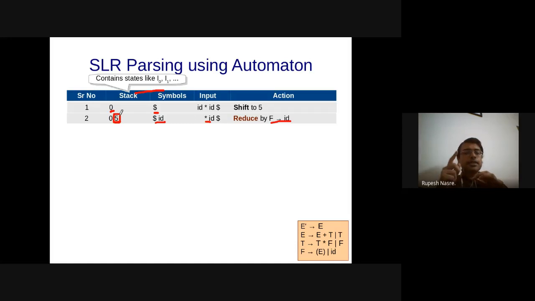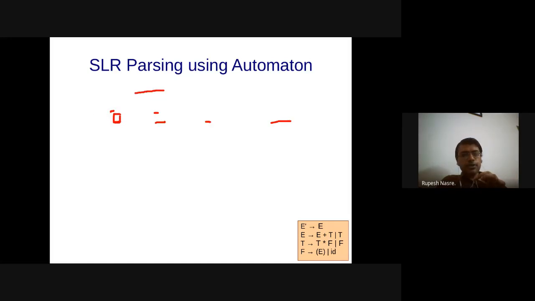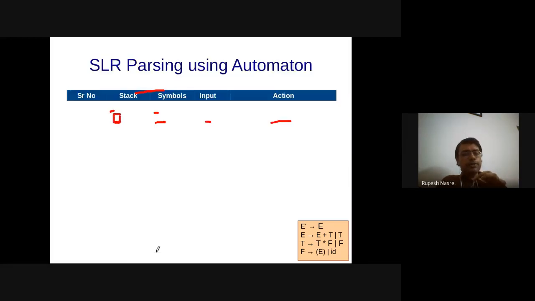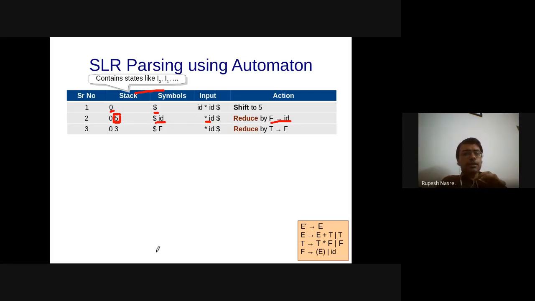And that F means there is a transition from I0 to F that I need to take. That I think goes to 2 or 7. Okay, sorry, 3. So that was our I3. Just to explain that a little, by going back, sorry about this. We had F deriving ID dot, this reduction happened. F needs to now be pushed onto the stack, and on I0 with F, I'm going to come to the I3 state. At this stage, again, I'm going to apply the reduce. Let's come to that.